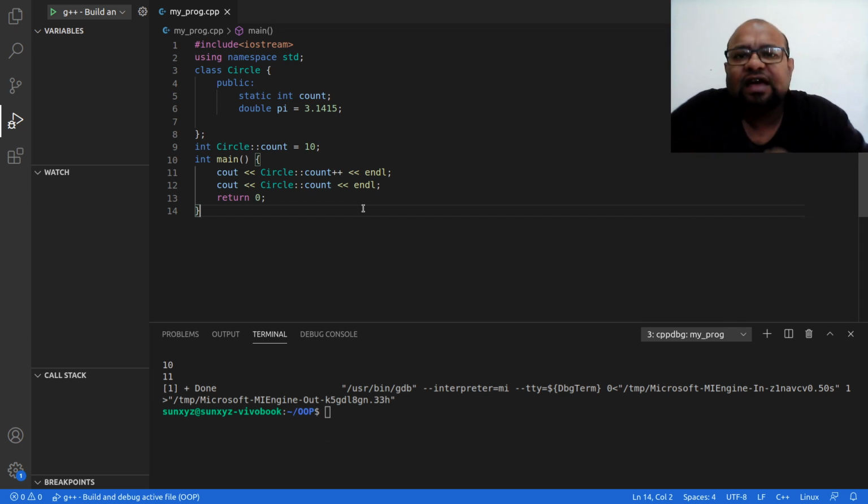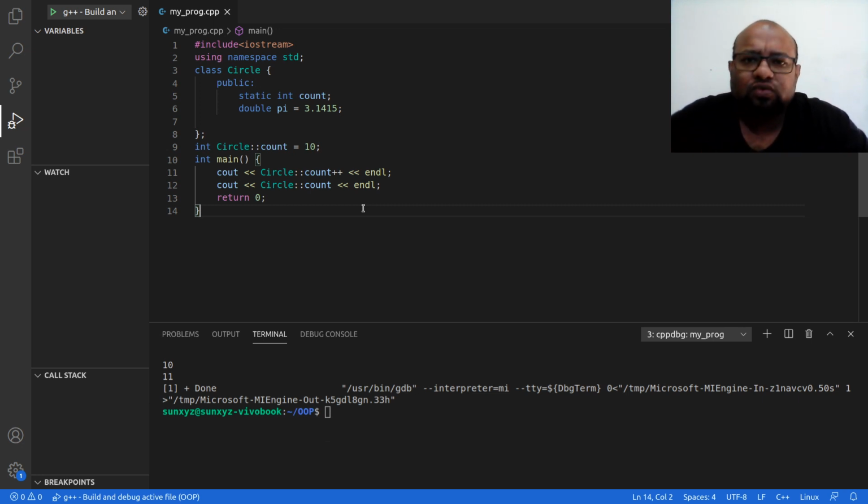Since count is already allocated memory, I am able to initialize count. I am able to access the value, increment it, and print it. Update the value, print the value, read, write, initialize. I can do all these things with count without creating an object.